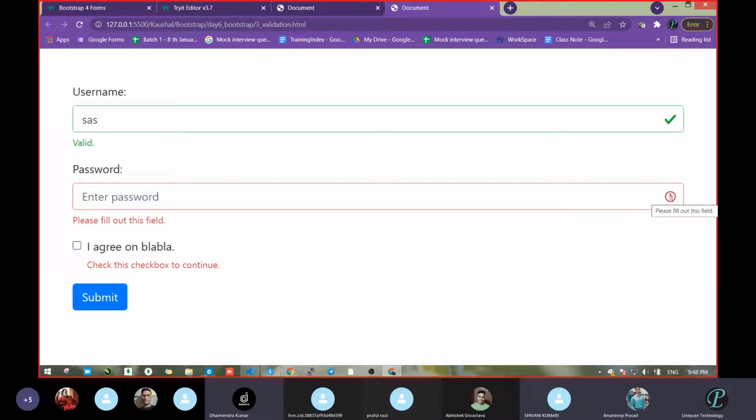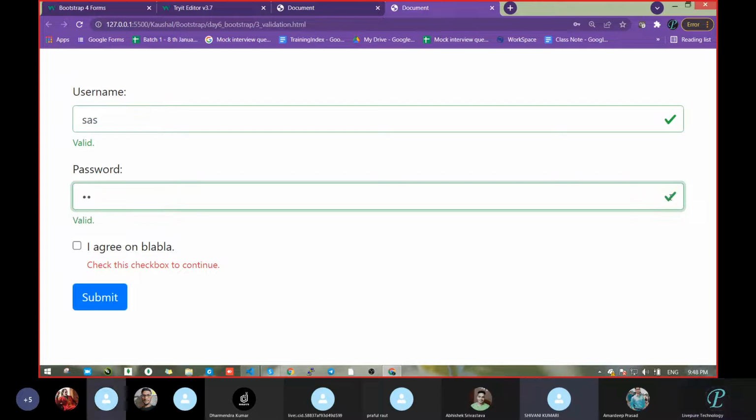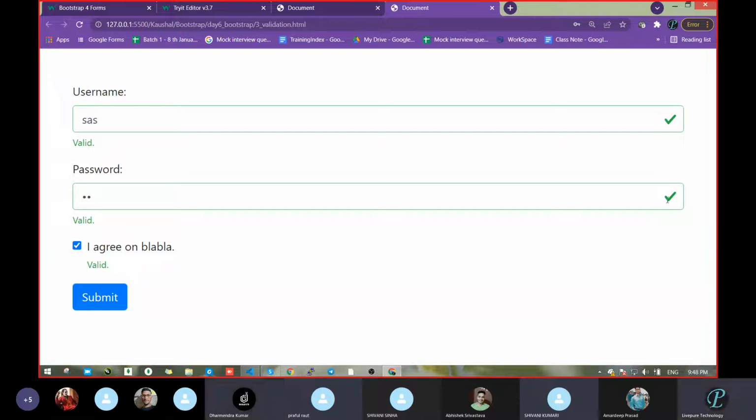Please fill out this field. Abbreviation? How can you do it? Title, hover, using title. Title. Then now the title will work. Property, required. In HTML we had discussed required. Sorry, in CSS we had discussed required. Alert can also be used. Title also.